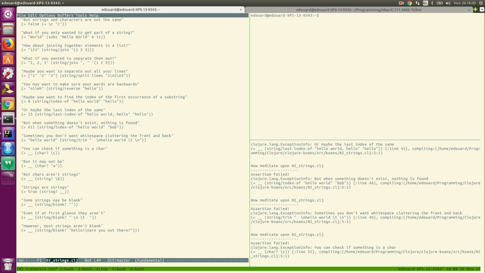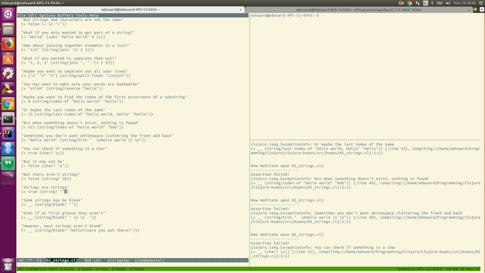Let's move down a bit. You can check if something is a string. Okay, this is very Lispian. With Lisp and with Scheme, you can have functions which end in question marks, which are often used for predicates, for functions which return either yes or no. So in this case, this would be a false. So false helps if I can spell it. And this is also not a string, so this is going to be false. String's a string, so we can put any string we want in here.